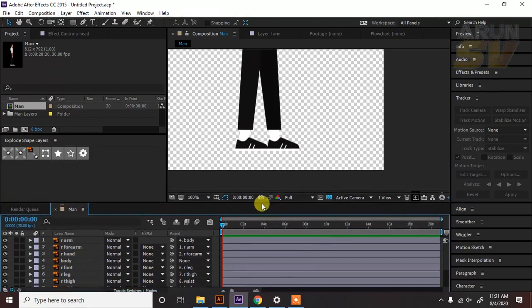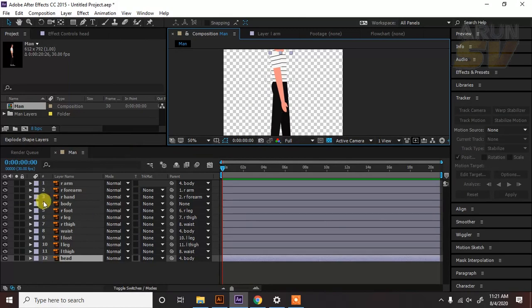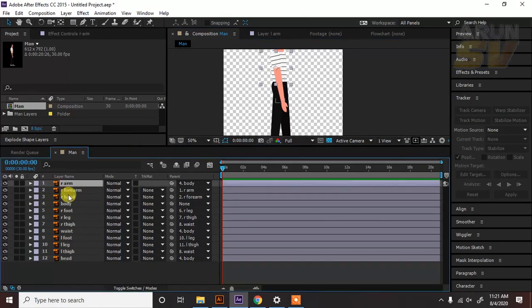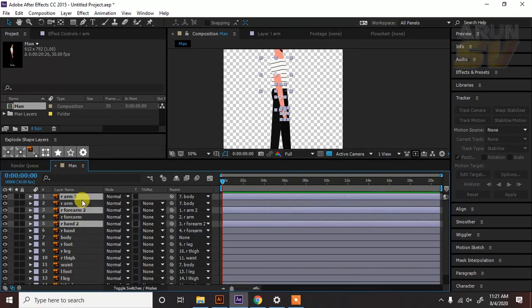Okay, now after finishing the parenting, we are going to rig it. Before that, we are going to copy the right hand and duplicate it to get the left hand. So Ctrl D to duplicate it, then rename it to the left side.